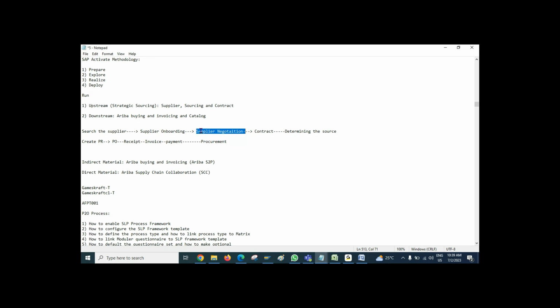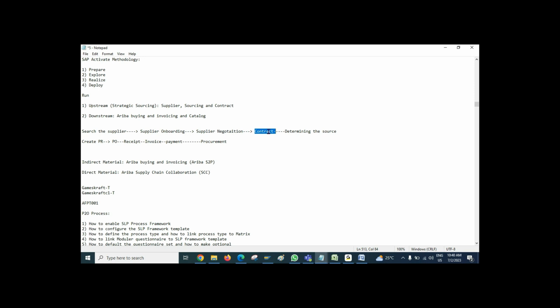And once you complete this activity, you will create one contract. Contract means a legal agreement. In this case, you finalize the discussion. Okay, I will pay something like $100. I'm just giving one hypothetical example. I'll pay $100 as part of the fees. I'll get one month of server access. I will get study material. I will attend the training. I will get the recordings. All these things you will clear here in the contract part, right?